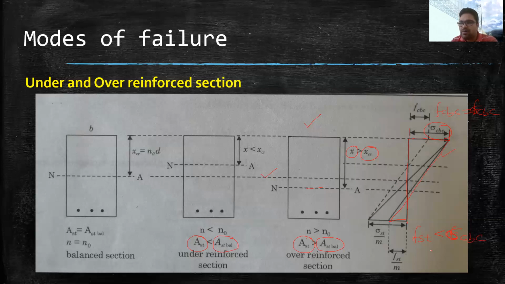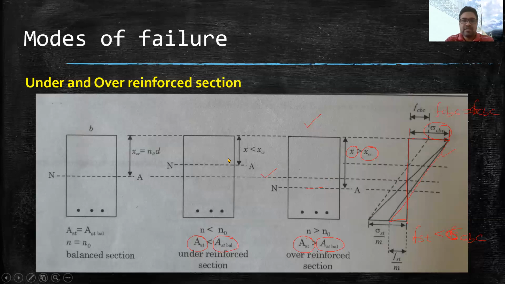So it is completely opposite to the under reinforced section. So these are the things that we have to consider while we calculate the capacity of the beam. First we need to determine whether our section is under reinforced or balanced or over reinforced. Then only we will be able to determine the capacity of the beam. So these relations, these values that I am showing you, we will be using to make some relationship to get the capacity of the beam section.